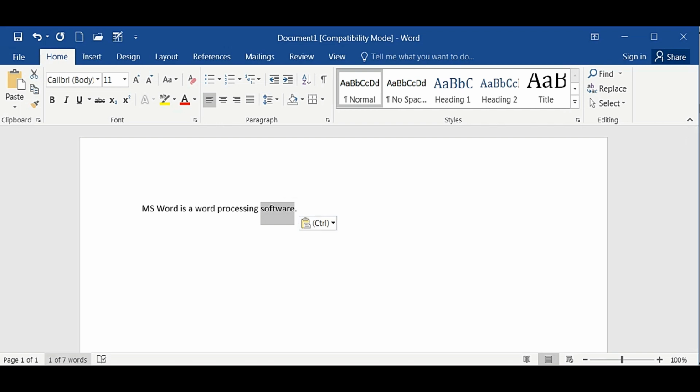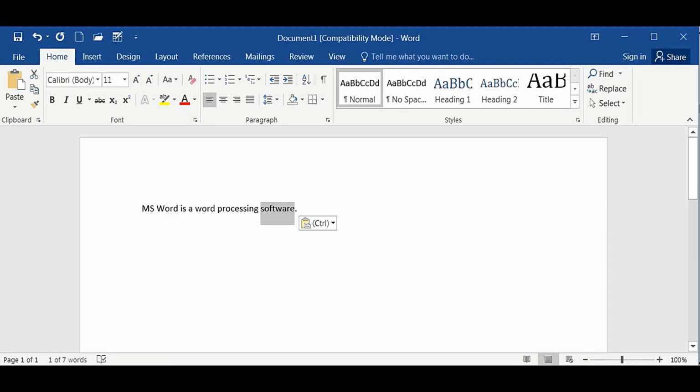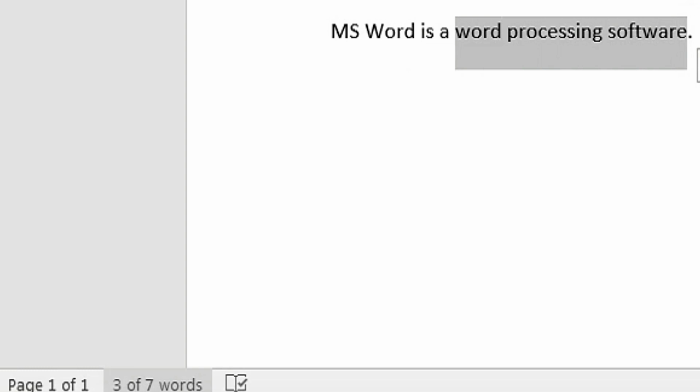Okay. I have selected one word, so it is telling a total of 7 words are there and I have selected one. If I select those 2 words, you can see that it is written as 2. All the minor details the computer is giving to us. All these details are reflected over here and we call it the status bar. It is showing the status of a document. If I select these 3 words, it is showing 3 words out of 7 words in your document, and 3 of them I have selected.